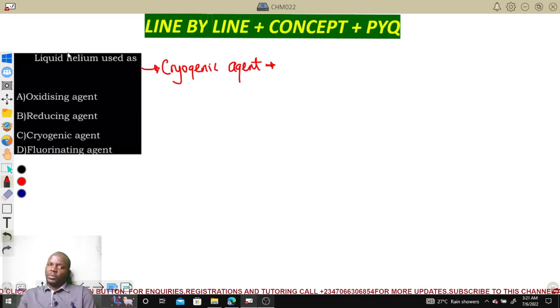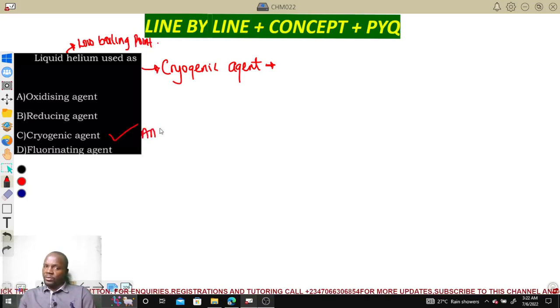So liquid helium, because it has a low boiling point. You remember? Helium has a low boiling point. So that is why it is used as the cryogenic agent. So this is the answer to that. So another use of helium is what? As a cryogenic agent, apart from filling balloons, that you might have studied in your general classes, because it is light and it is incombustible, does not catch fire. The next one is